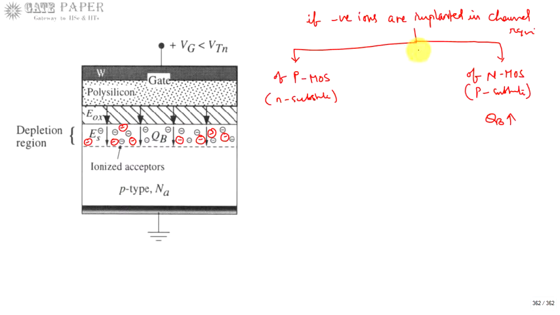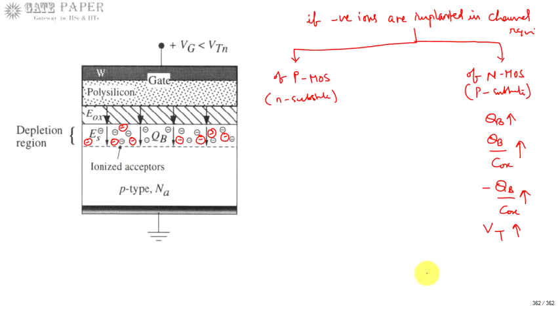As negative ions are implanted, the bulk charge in the channel region is going to increase, so the voltage due to the bulk charge, that is, minus QB by COX, also increases. So you must apply more voltage to compensate or overcome this one. So minus QB by COX is going to increase, which implies nothing but the threshold voltage is going to increase. So threshold voltage will become more positive whenever you are applying negative ions.